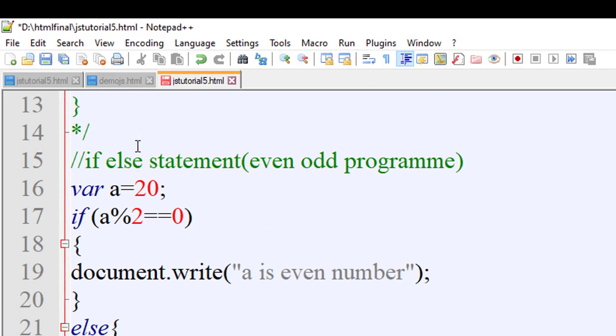Now this percentage sign is used for the modular division, and the modular division operator is used to find the remainder. If the value of a is 20, divided by 2, the quotient is 10 and the remainder is 0. That means 20 is an even number. Just save this program and run it.